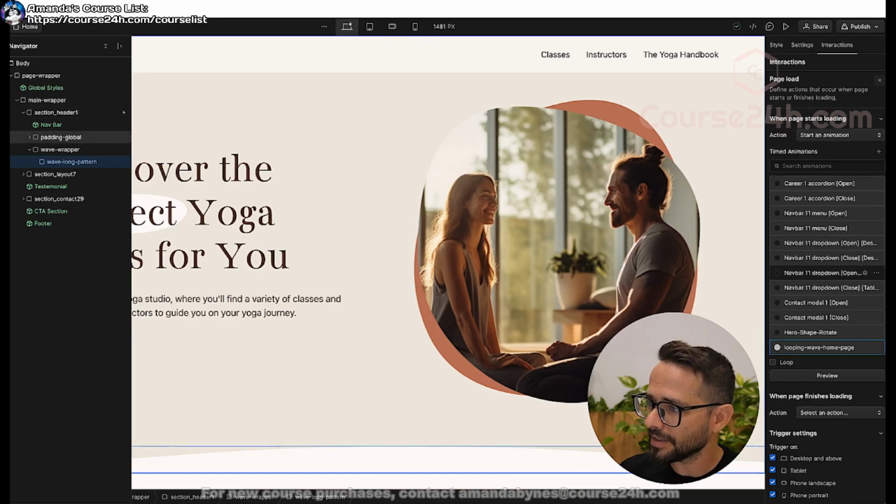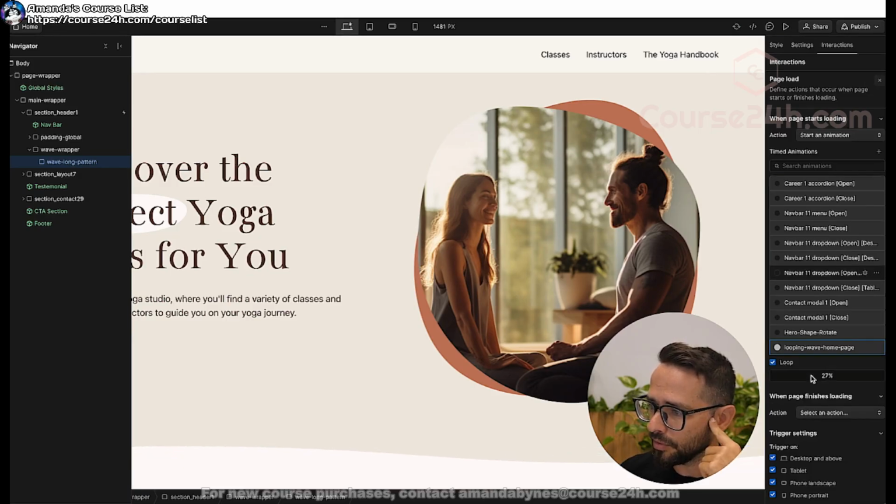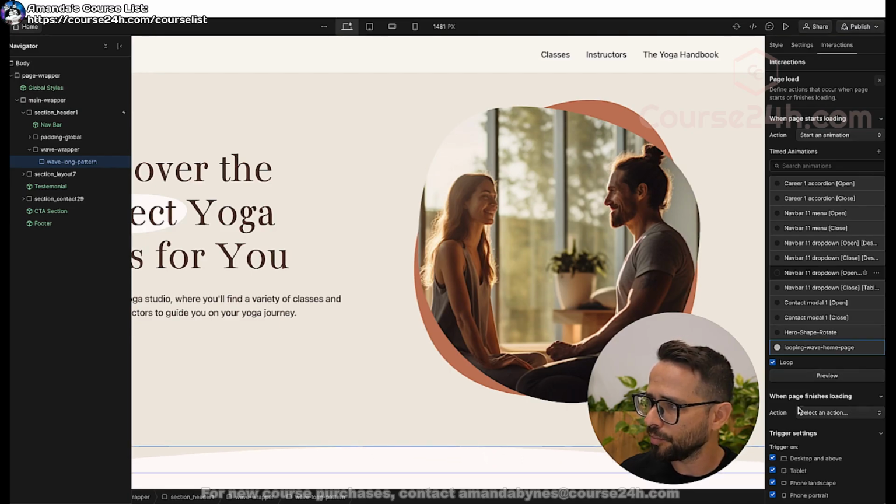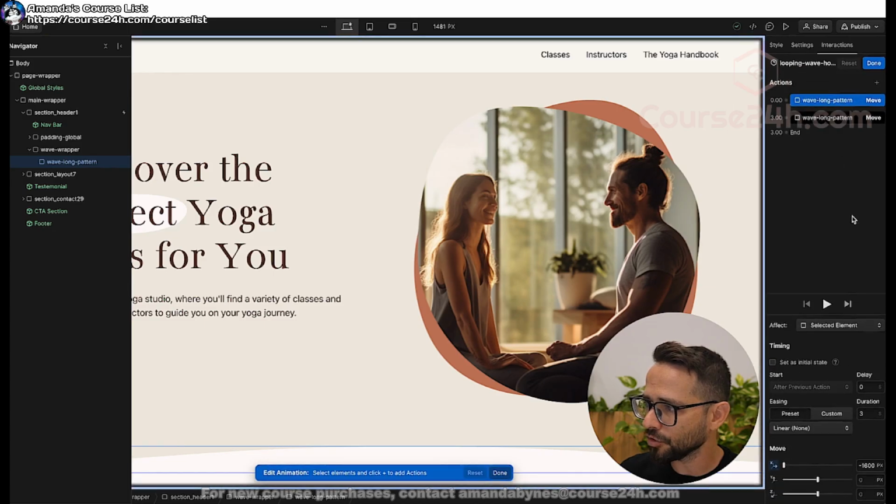So let me go ahead and save this, and now let's preview. And now it's moving. Let's see if we can figure out when it's jumping. We can't even see when it's jumping because it's looping exactly to the right position and starting up from scratch. So now we have this infinitely looping animation that takes 3 seconds, and it just loops forever and ever. Okay, so yeah, I do want this to loop, but I do want this to take much longer